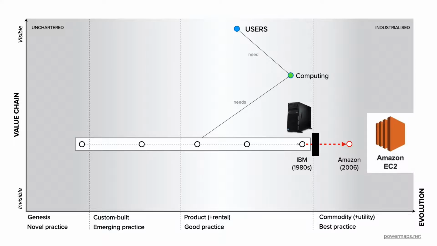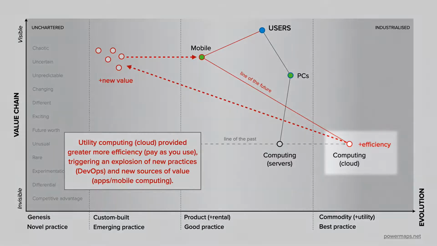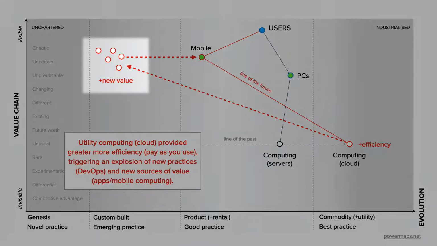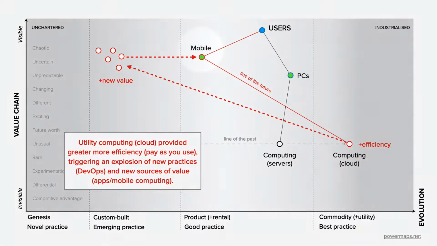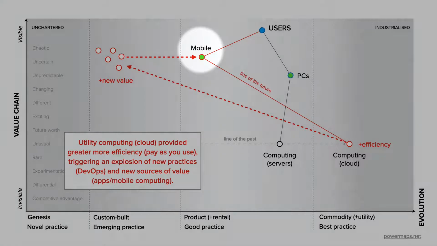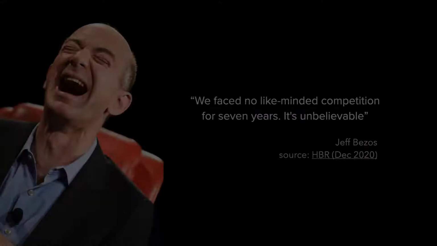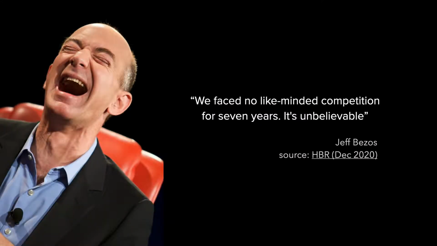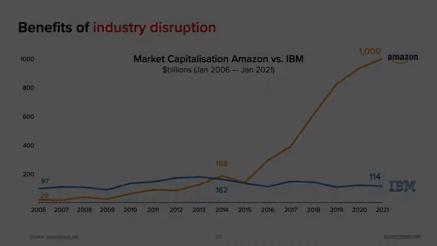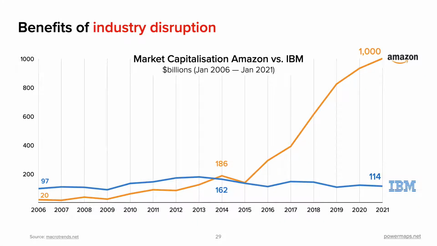And why was this important? Well, the greater efficiency of using a utility-like service, where you only pay for what you use, led to an explosion of new emerging practices. Some of these led to entirely new industries, like mobile computing, as you no longer needed your own server, everything could be done on the cloud. And all this activity took place on Amazon's platforms. They became the computing power equivalent of electricity. And remarkably, not one of their competitors made a move against them for 7 years. They simply conceded the future to Amazon, which has been very profitable for the former bookseller.